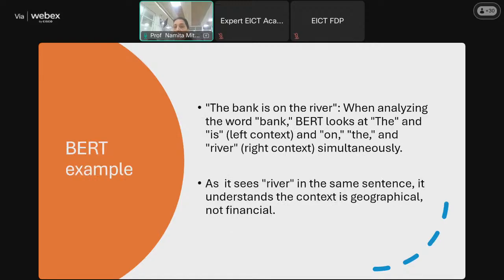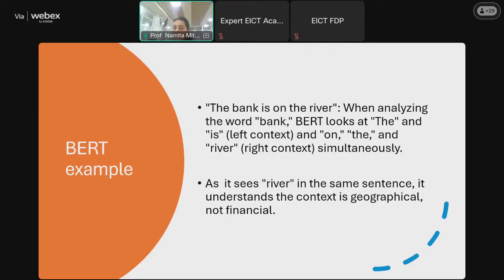So the same example, the bank is on the river. Which bank are we talking about? What is our concept? Here BERT looks at the and is around the word bank. After the bank is "is" and before the bank is "the". So BERT looks at the "the" and "is", the left context and right context, and on the "the" and "river". River is a right context. So it understands that we are talking about